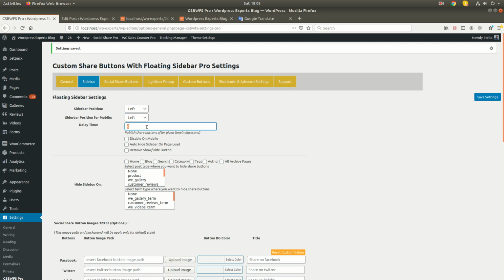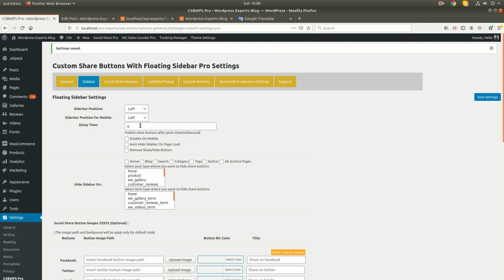You can define the delay time as I have already explained in my free version. This is basically to define the delay time to publish the share button on your website. For example, if you don't want to publish the share buttons right after the page loads, and want to load the social buttons 10 seconds after page load, in that case you can define the delay time.